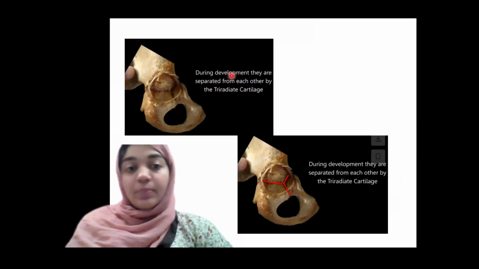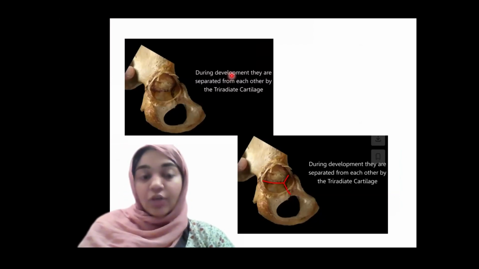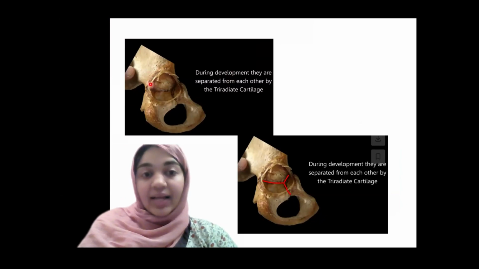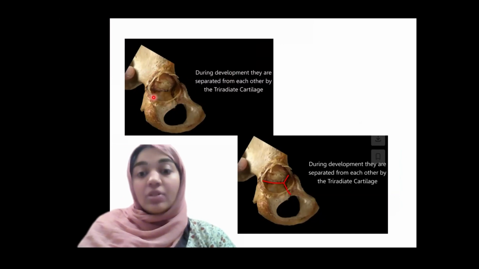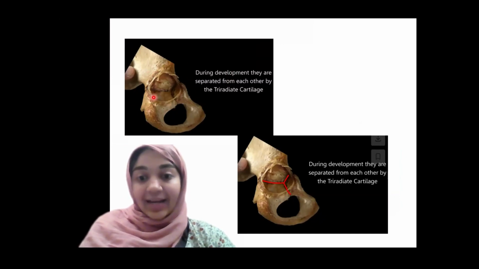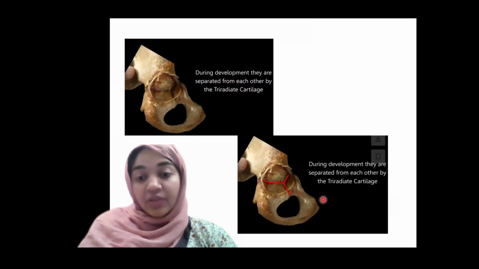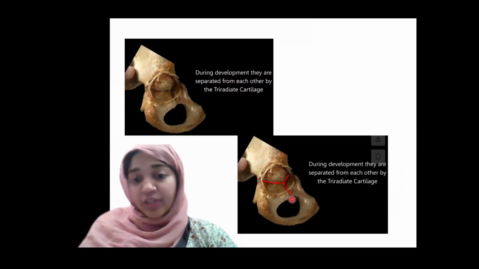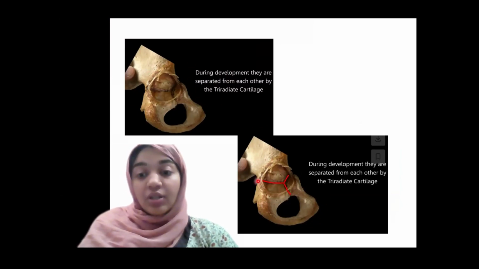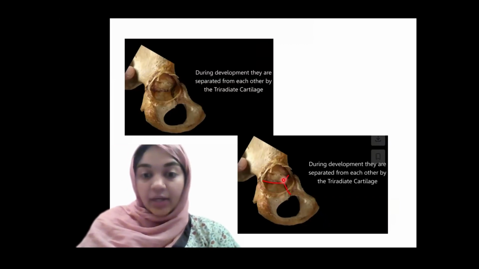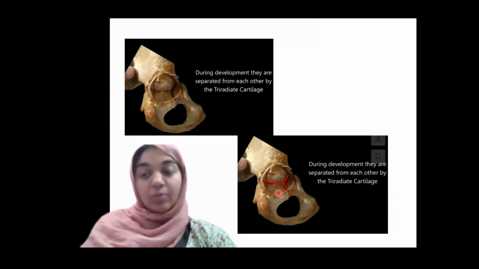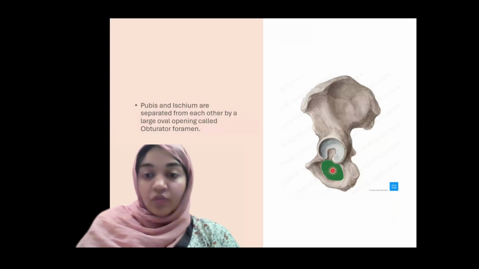Now we have a special kind of cartilage from which this acetabulum develops, and that's called the triradiate cartilage. Why is it called the triradiate cartilage? Because three bones are fusing to form the entire acetabulum. We have the ilium from above, then the pubis from the anterior inferior side, and the ischium from the posterior inferior side, right? These three bones are separated by the triradiate cartilage, and then they finally fuse to form the acetabulum of the hip bone. So we've done that. This was the acetabulum, and 2/5 of it was formed by the ilium.